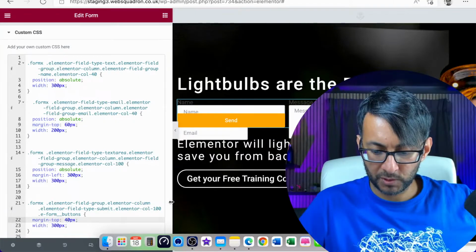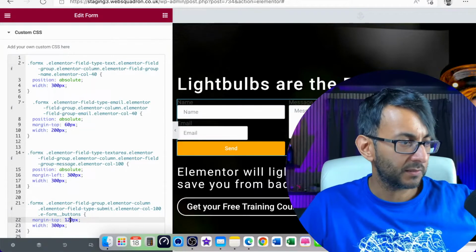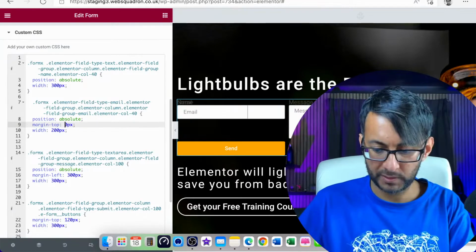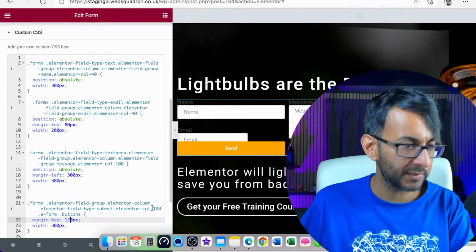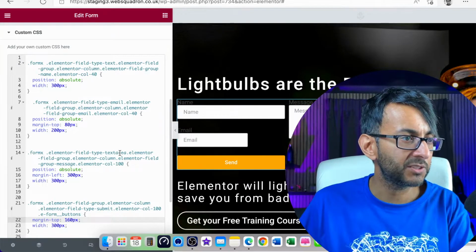Top margin, we'll go with 120 something. No, 120 is not good. Let's go with 80, and then that would be 160. And then the message form,